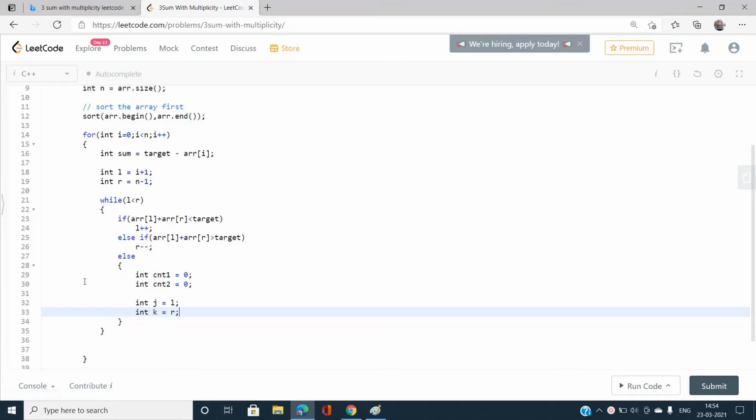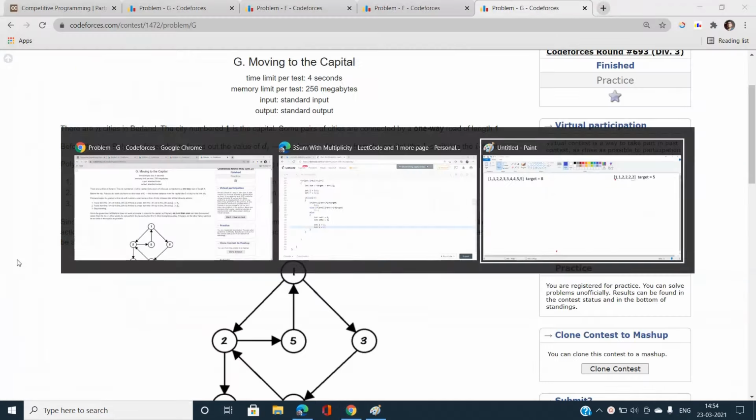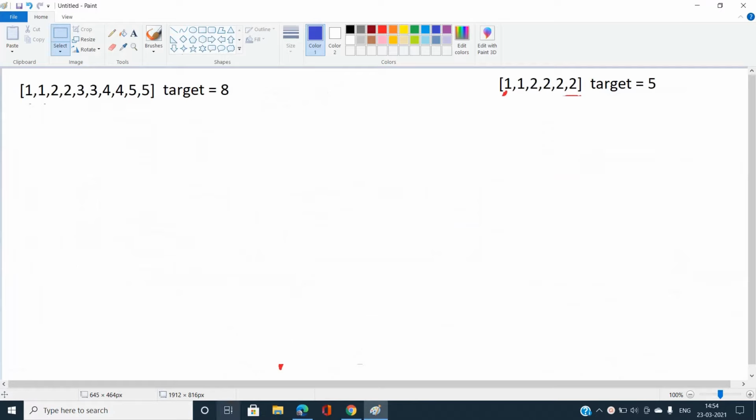Here you can see in this example, I need to change the color. If I am at this second index, that is 1, my right segment is 2, 2, 2 and 2. What happens here is I need to check what the common elements present are. Now you can see 5 can be formed from this: if I have taken 1, my new target would be 4, so 4 can be formed as 2 plus 2.